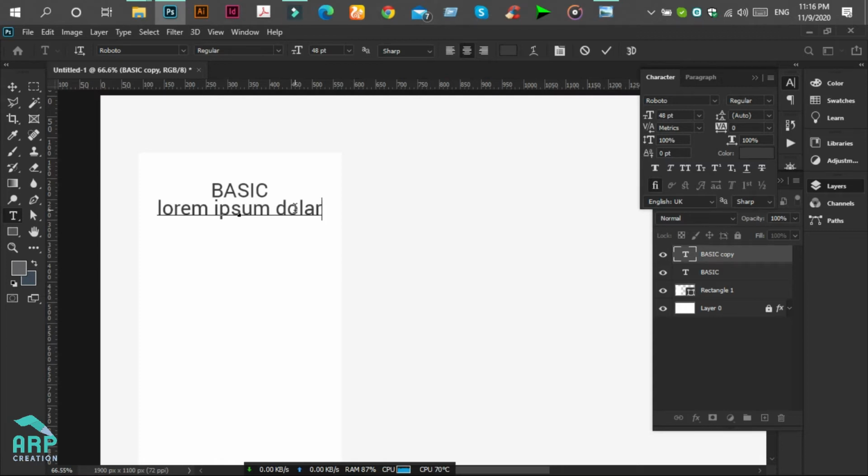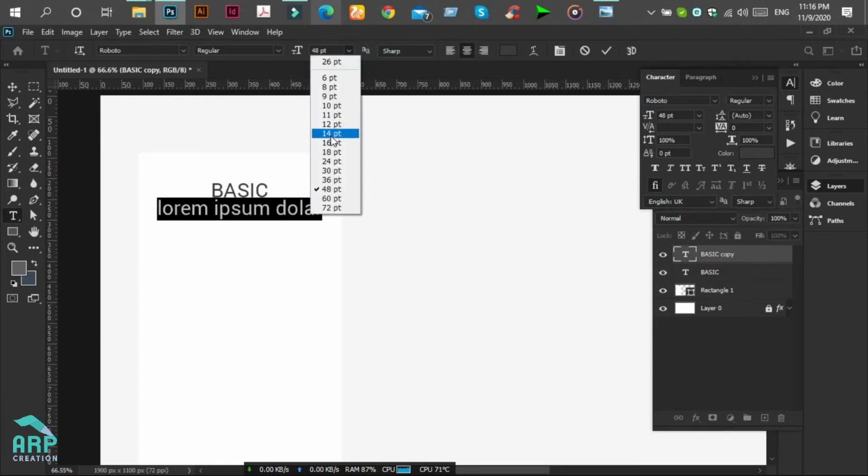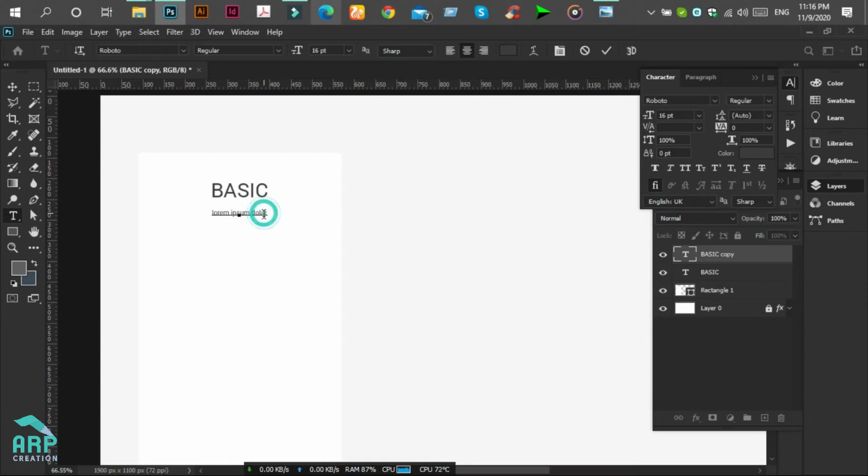Okay, now we'll reduce the text size. So select this text, press Ctrl A, then choose 16 point. Okay, perfect.